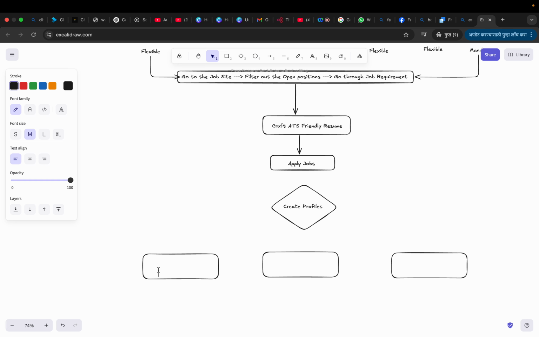One is the company's career portal, and we have already discussed this. Then the second one is referrals